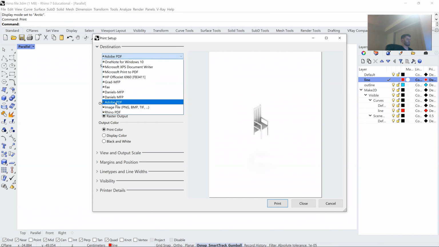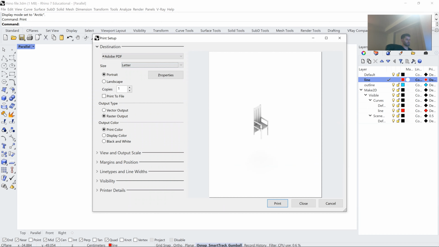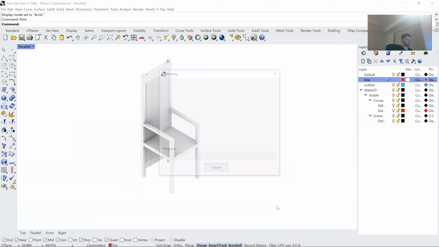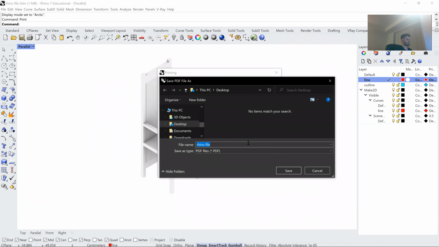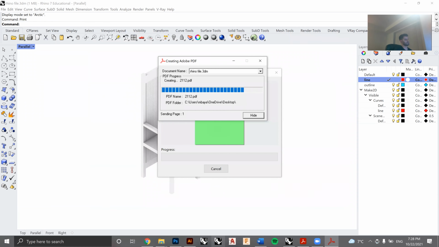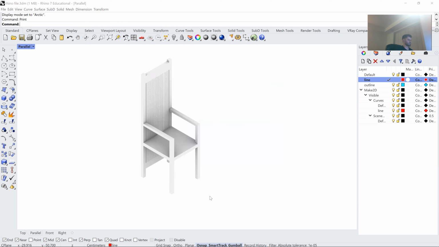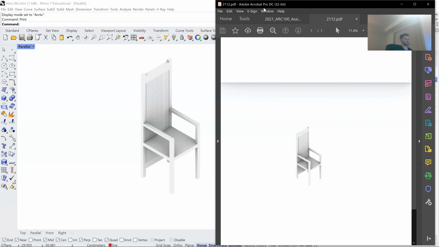Here you want to choose Adobe PDF because you want a PDF file. Then you can choose the page size that you want to work with. I just select print. It asks you where you want to save it. I'll save it on the desktop and give it a name. You wait. And here we have our